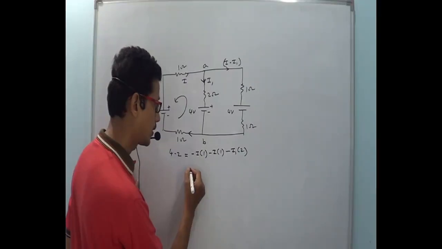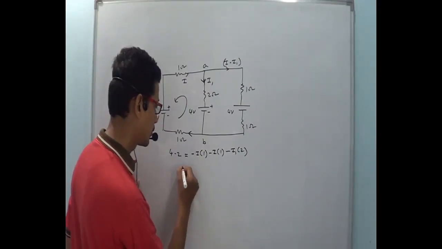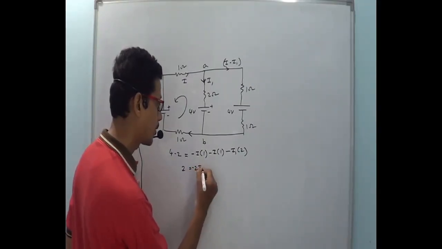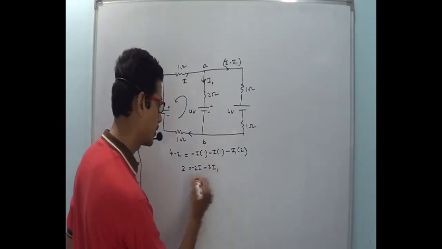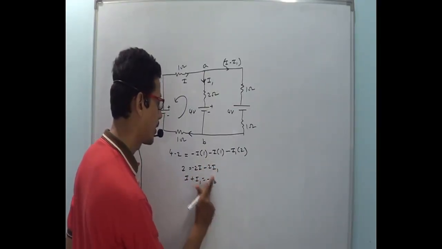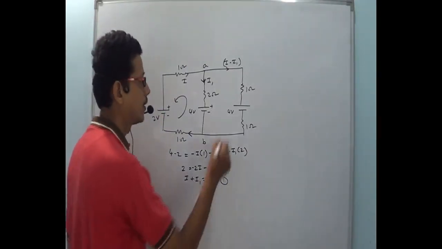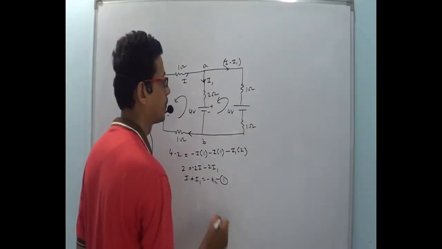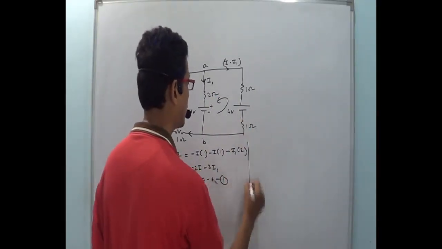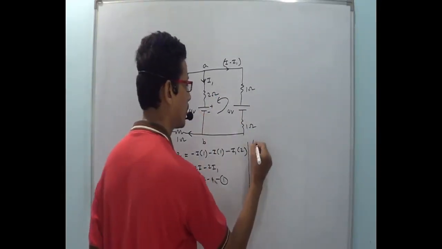So what is the total thing here? 2 is equal to minus 2I minus 2I1. I plus I1 is equal to how much? Minus 1. Minus 1. This is equation number 1. And here also we will apply Kirchhoff's law. And what to write here? 4 minus 4